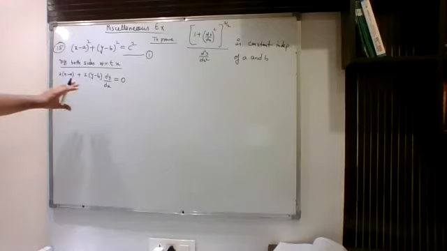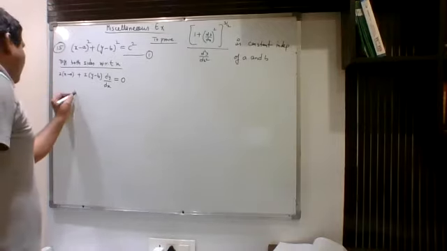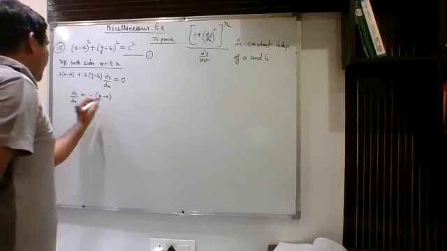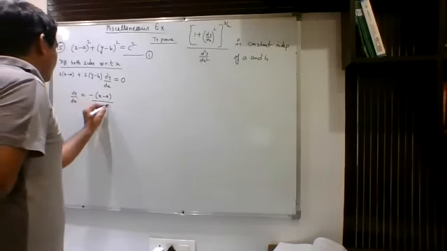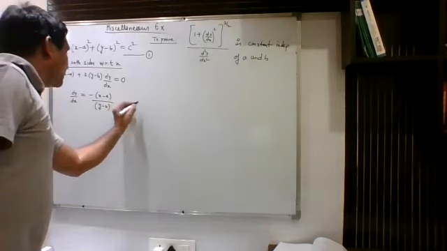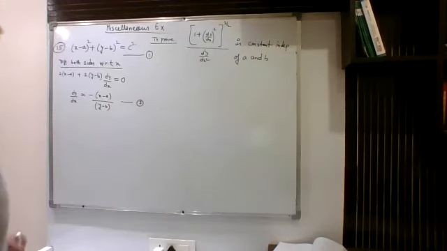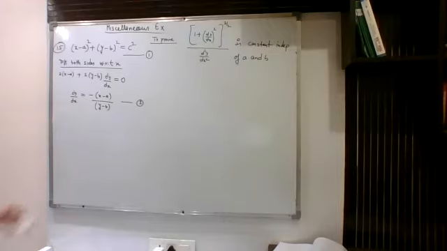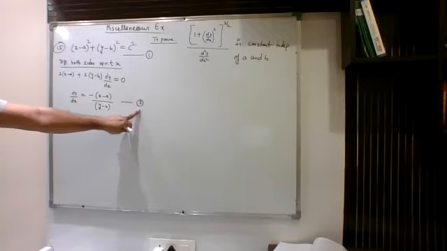Now from here, let us get the value of dy upon dx. From here, I can write dy upon dx as minus (x minus a) upon (y minus b). This is how I can write dy upon dx. Let me call it the second equation. So 2 I had cancelled and written it in this manner. So this is your single order derivative. Let us call it number 2.